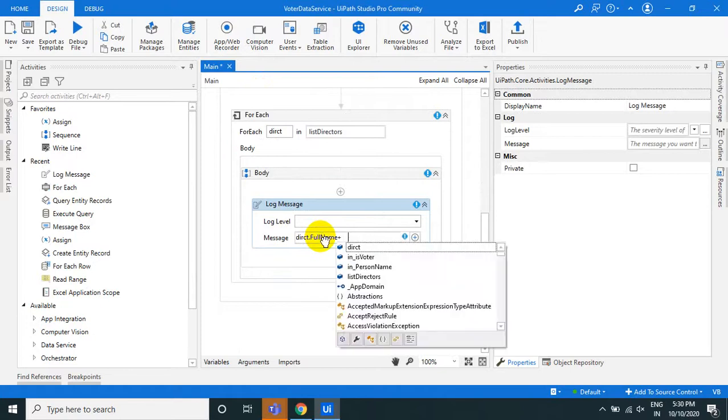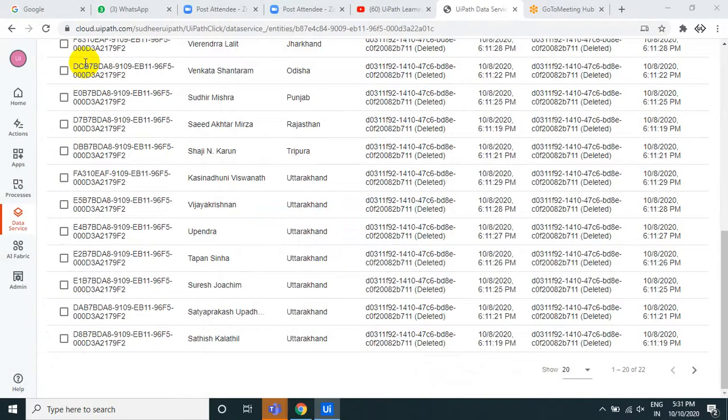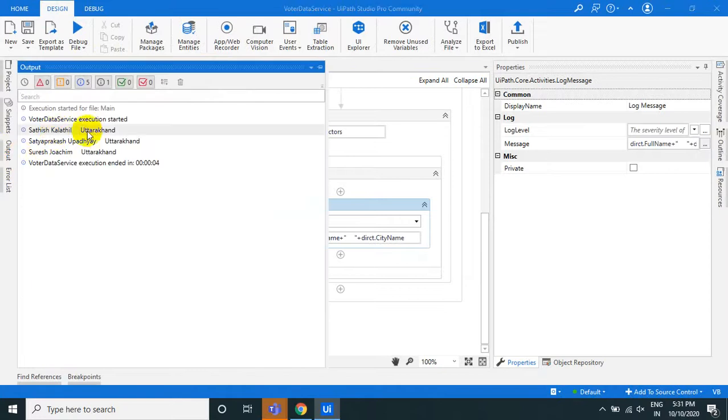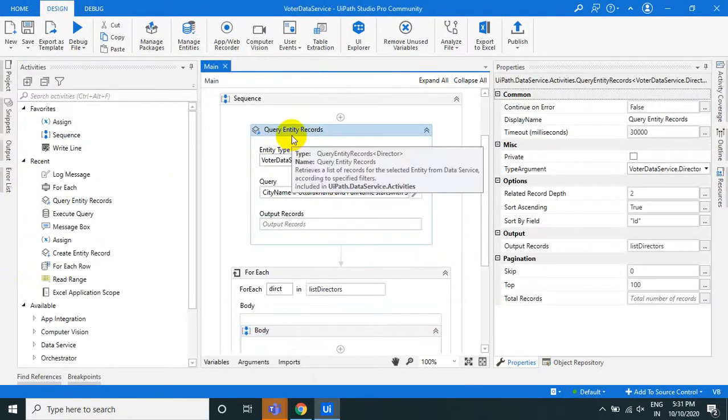That is the beauty of these entities: you can call them directly with the real-time entity names. Then display the city name too. So by using query entities, from the whole data we retrieve only the corresponding details, the people whose names start with S and who are living in Uttarakhand.